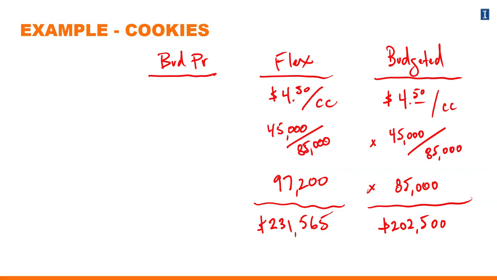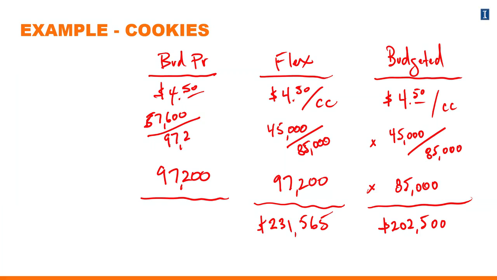Moving on to the next variance, we can change the next level or next component. We'll leave the price the same at $4.50. We'll leave the total quantity at its actual terms of 97,200 total cookies, but now let's take into account the actual mix, the actual proportion of our total quantity that were of the chocolate chip variety. And that was the total number of chocolate chip cookies sold. That's 57,600 out of the 97,200 total cookies sold. Multiplying the $4.50 times the actual mix times the total quantity actually sold yields